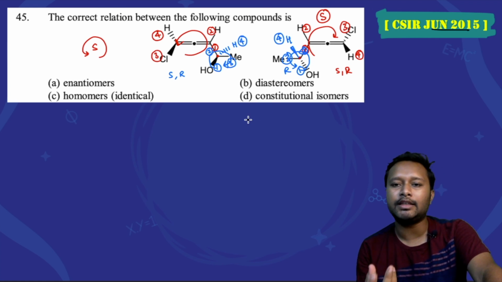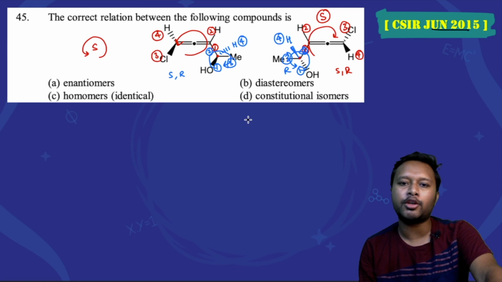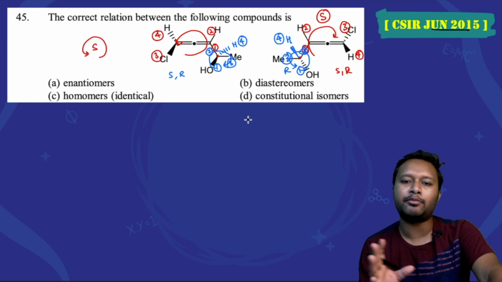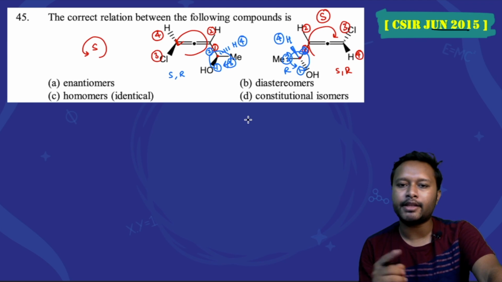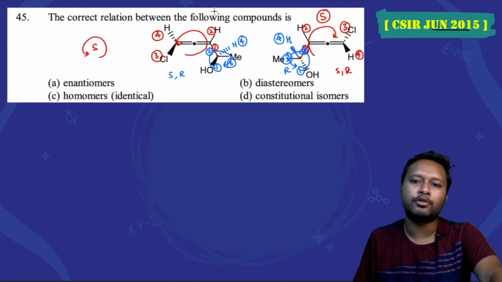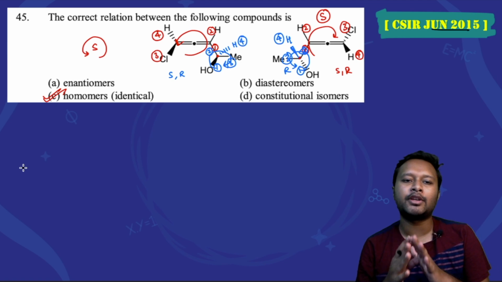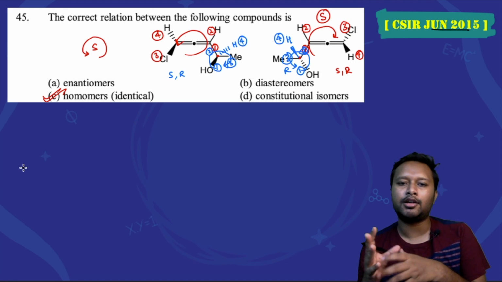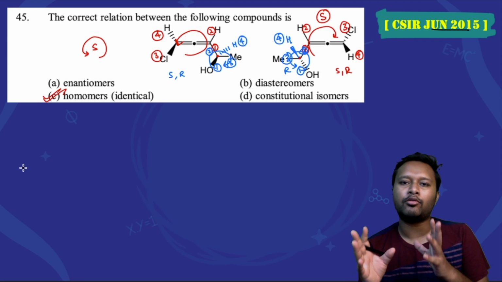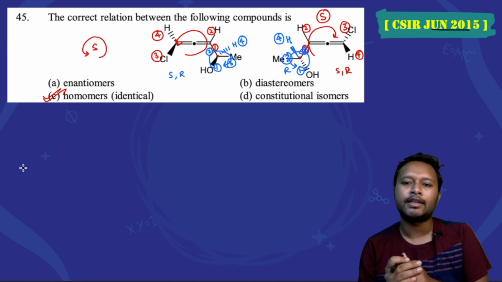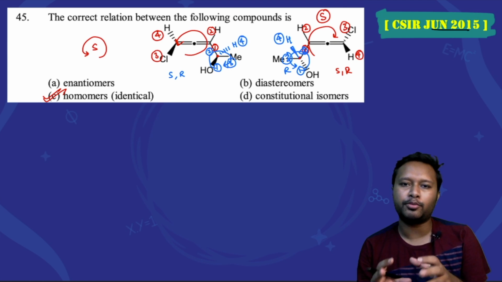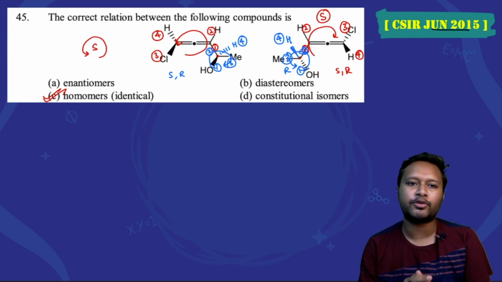Now you can see very easily that both the molecules, although they look quite different, have the same configurations. The absolute configuration remains the same. For the allene part it is matching, and for the chiral carbon also it's matching. So that's why both the molecules are going to be called homomers. Homomers means two molecules which have the same configurations. The overall absolute configuration should be the same for both of them. Alright, so I hope you understood how to approach this, right?